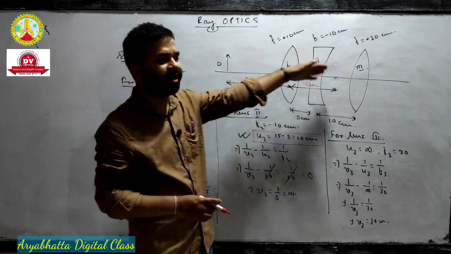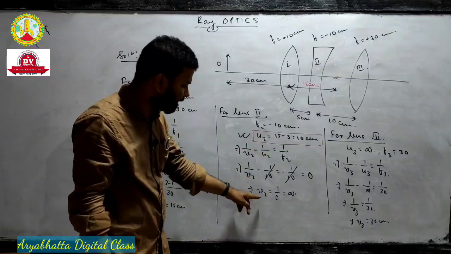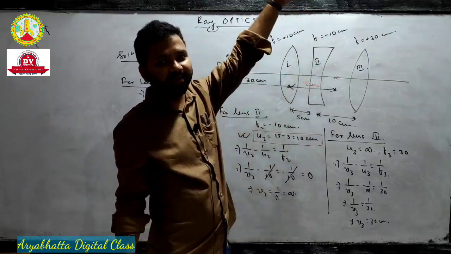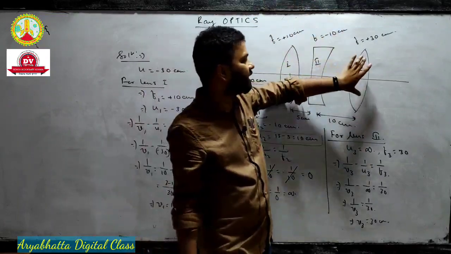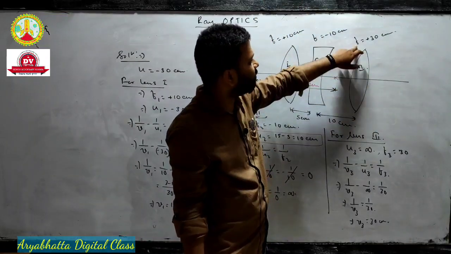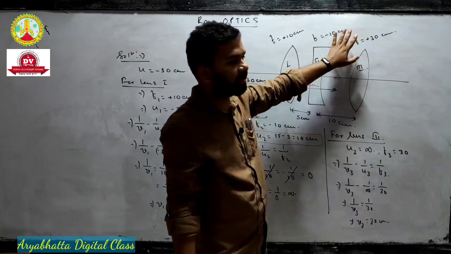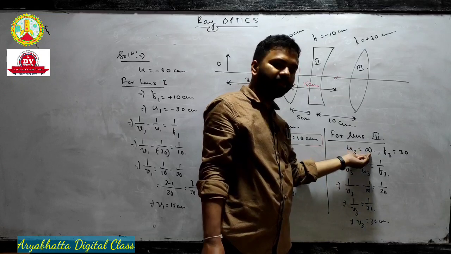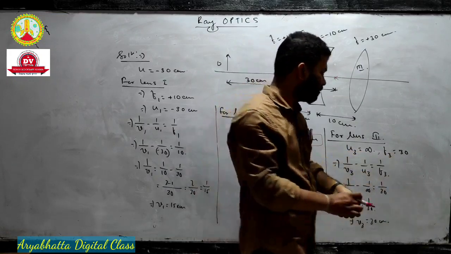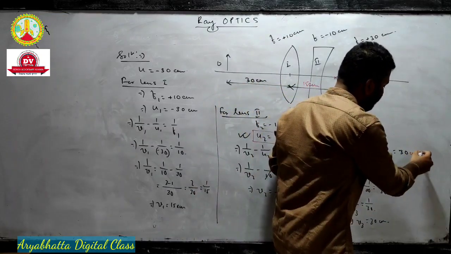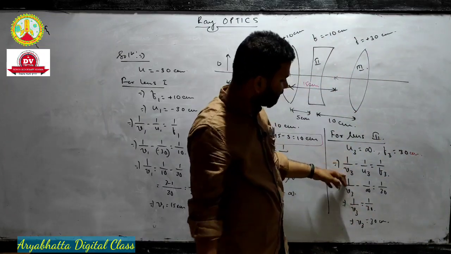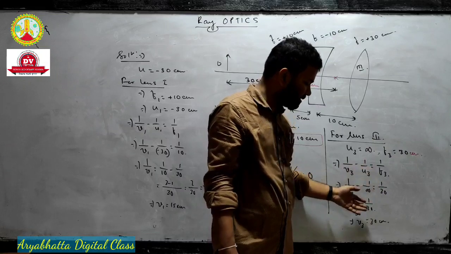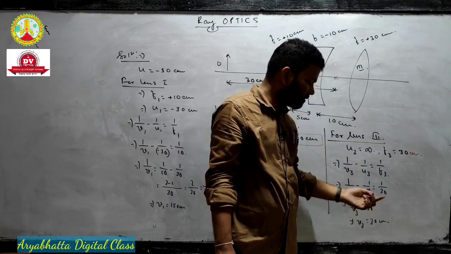Plus 10, why? Because it is on the right hand side. Put it in the formula, you got V2 is equal to infinity. This lens will form an image at infinity. If the object is at infinity for this lens, the image will form at focus. So it should be plus 30. It must be plus 30. We use the equation also. U3 is equal to infinity. F3 is equal to 30 centimeter. Be careful about the units. 1 by V3 minus 1 by U3. U3 is infinity. Anything, 1 by infinity is 0. 1 by V3 is 1 by 30. V3 is equal to 30 centimeters.